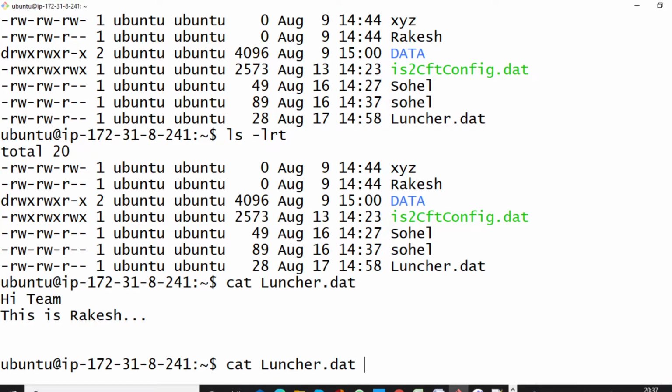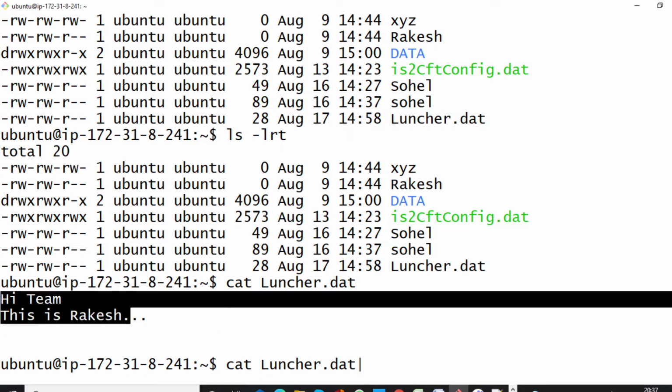You can see. Suppose if you want to search something inside this file, you can put a pipe here. This is called pipe. What the pipe will do is take the output of this. Suppose cat launcher, that is the file name, and it will give you the output like this.